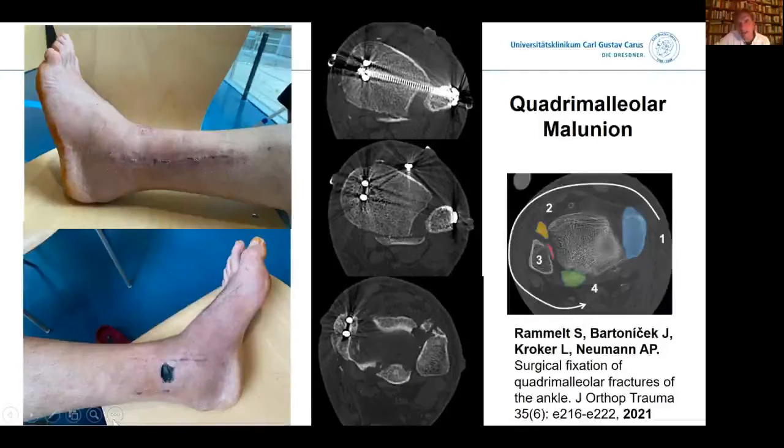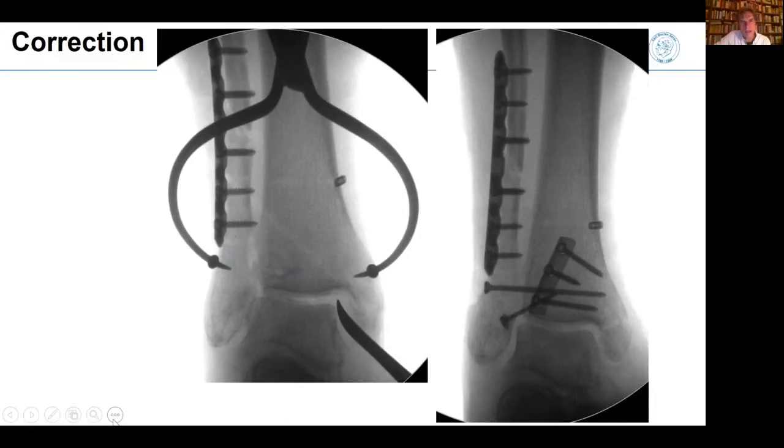And we went there and we corrected 3 of the 4 malleoli because we didn't dare going through that full thickness skin necrosis over the medial malleolus. So we went there, we put the posterior fragment back and supported it with a plate. We brought the anterior fragment back with a screw and a washer, and we added that syndesmotic screw, not because we felt it was really needed, but this is a malunion.